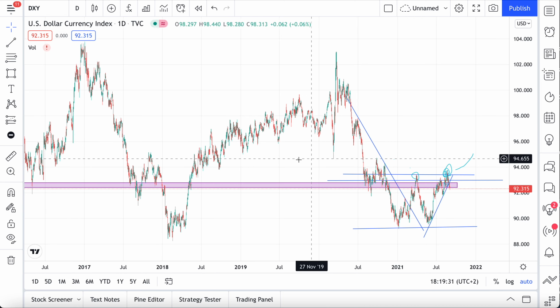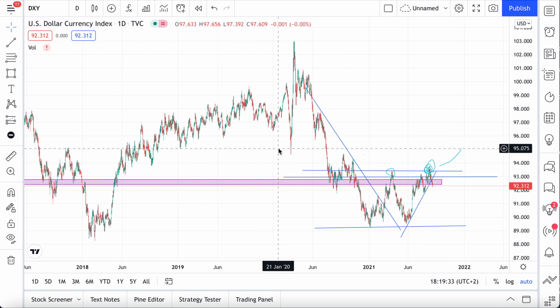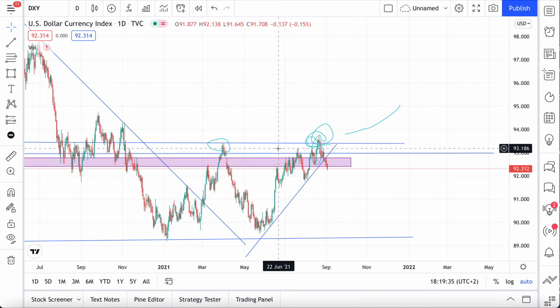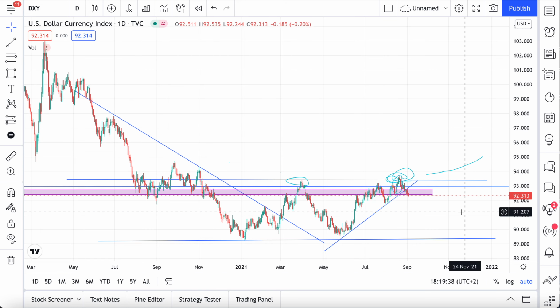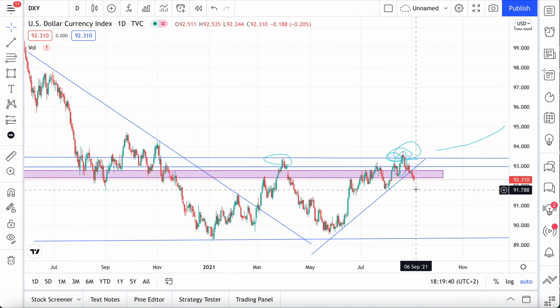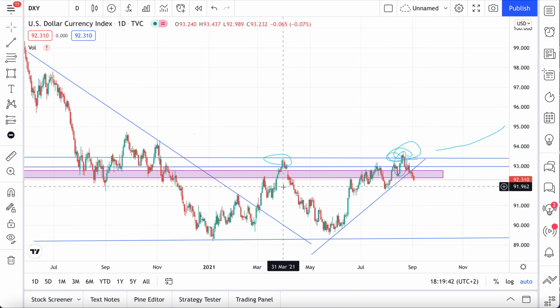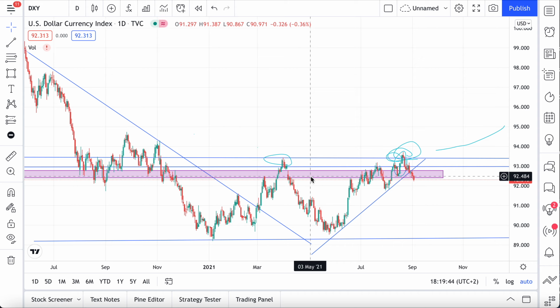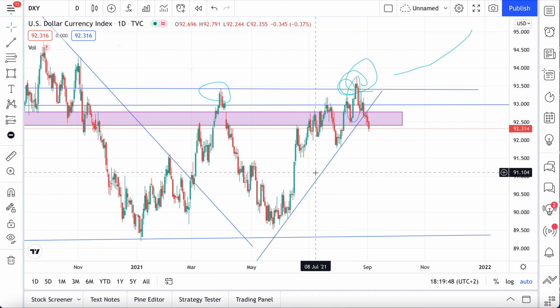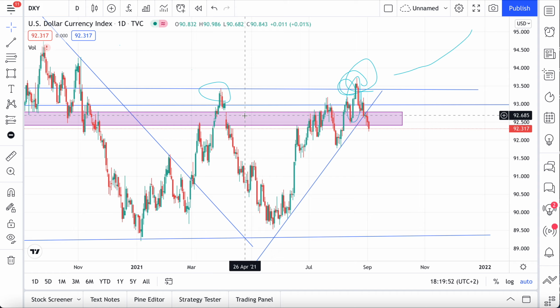This is daily, so it's important. And at the moment we are battling this box. We don't know what's going to happen. It looks bearish, and if it does in fact turn bearish, then we can hope for the Bitcoin market to be pretty much bullish.